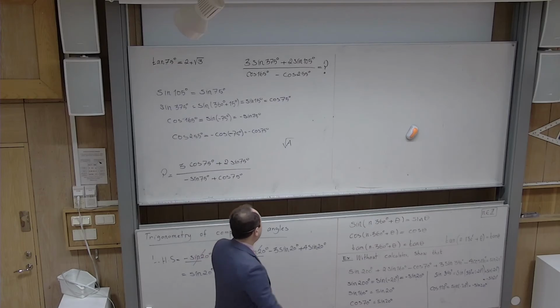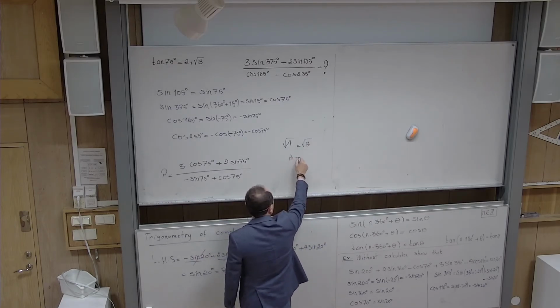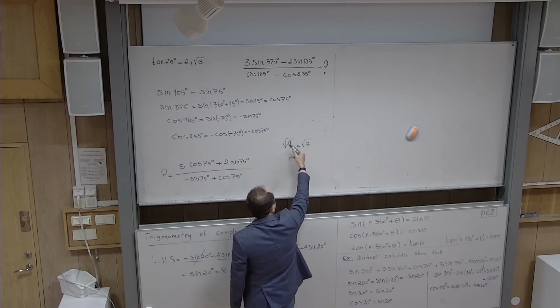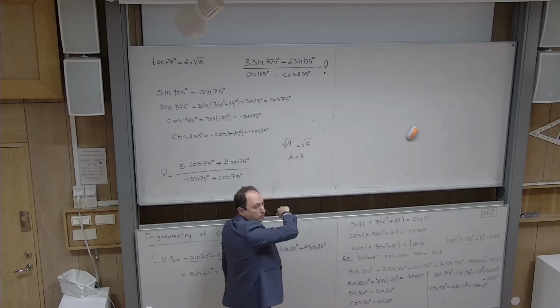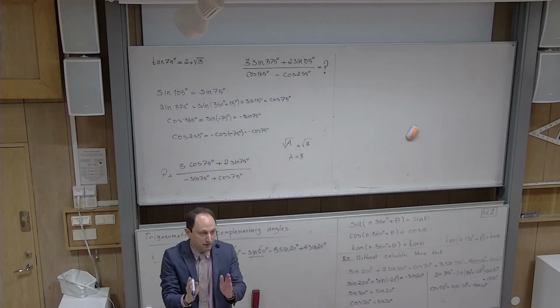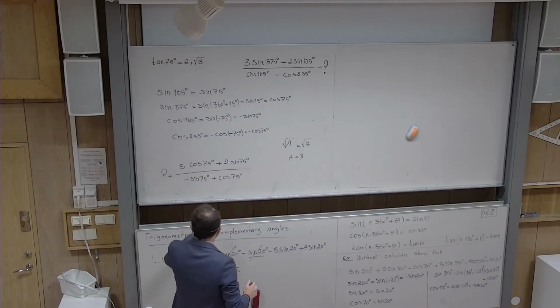Yes? This is different from this situation. Here I can get rid of a square sign because I am raising both sides to power 2, and I'm claiming that if this is equal, that's also equal. This is different from having one single expression and just raising it to power 2. Yes? Okay, so the trick is